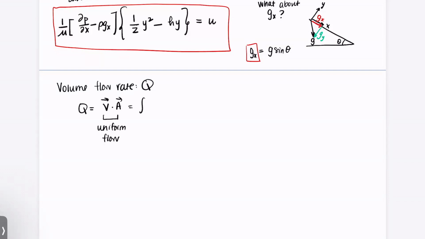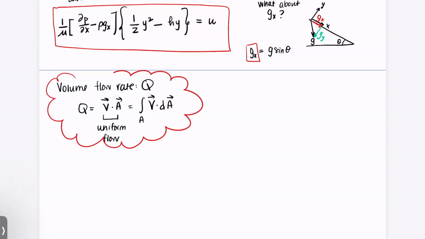In this unit, we generally don't have uniform flow. Otherwise, these problems would be very, very straightforward to solve. So we can also write this with our integral where we're integrating over the area of U dA. Sorry, U dot dA or V dot dA, just like before. Okay, so this is kind of a general definition, and I'm going to apply it to this problem that we